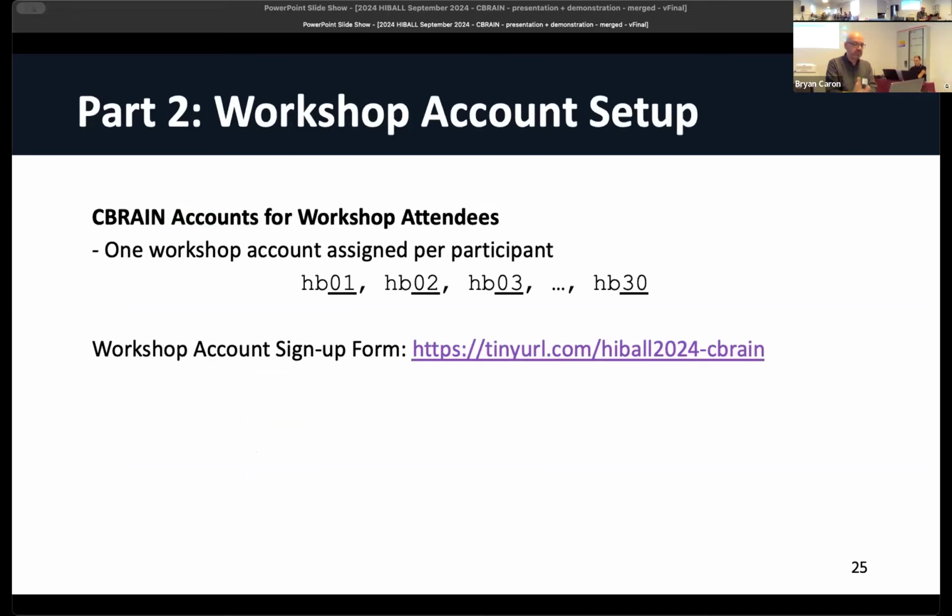So first thing, if you don't have an account already on CBRAIN, that's fine. Just go to the URL that's at the bottom there. I know I don't have it as a QR code. But for the exercises, everyone will have their own account. So you just go there and fill in your name and email. It's not going to get shared with anybody. What it will do is I'm going to assign each person one of those accounts to see which one you are, and then you'll get those accounts. So for now, we'll let everyone take a minute and go through that URL and sign up. And then maybe once you're done, we'll do an inventory just to make sure those who are signing up have gotten through the process. Okay.